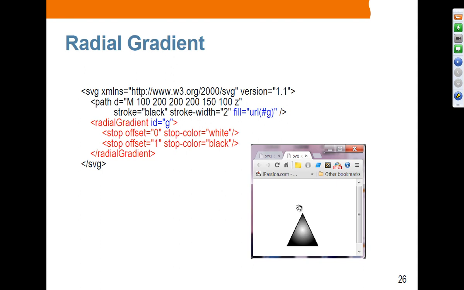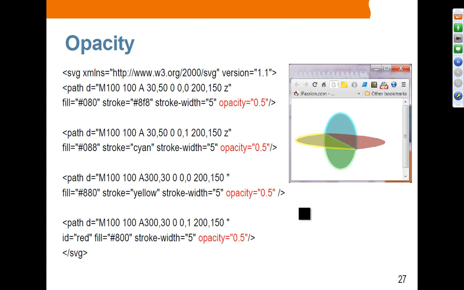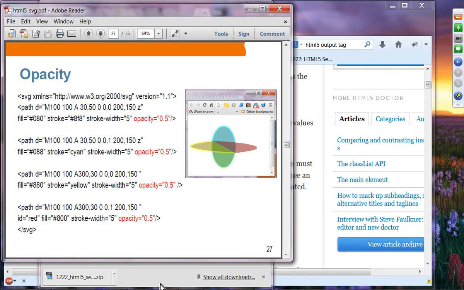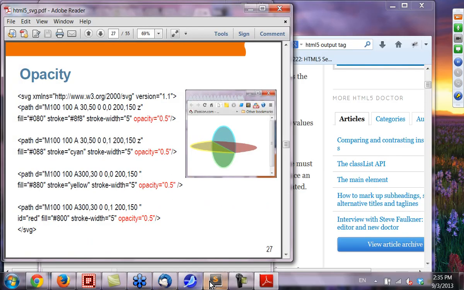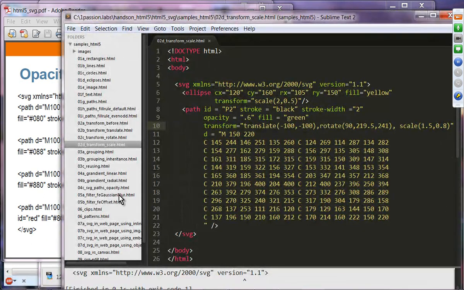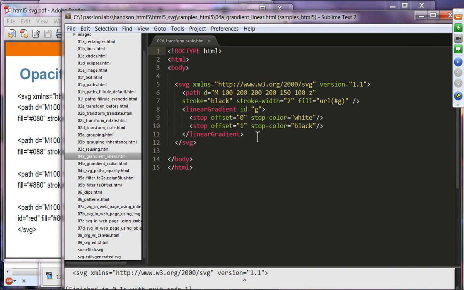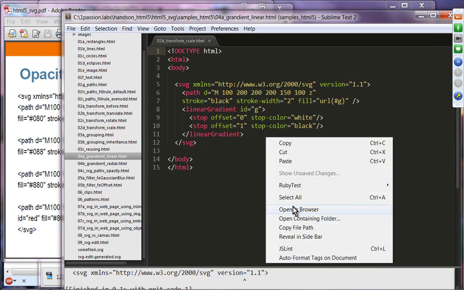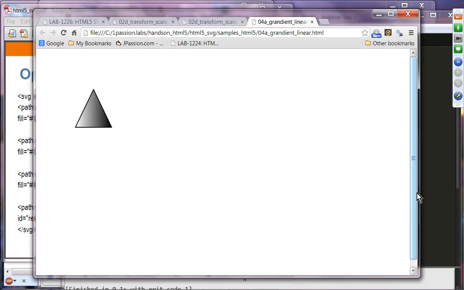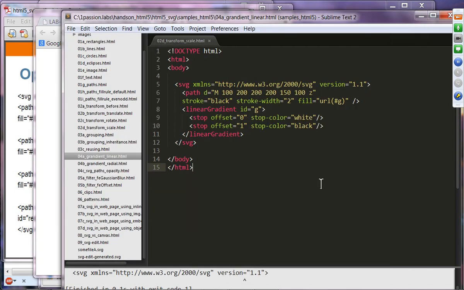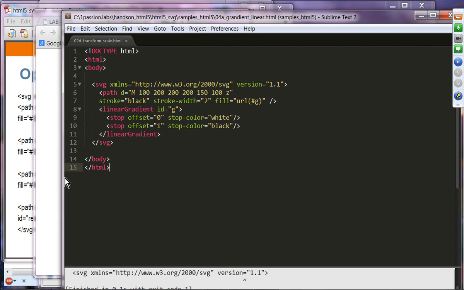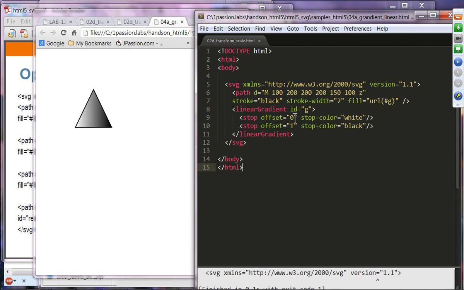All right. Since we asked, let's actually try this. So I'm going to go to the SVG gradient. Yeah, so this is linear, right? So let's run this. So this is what we are going to see. Now what we're going to do is add another one. So here let's add